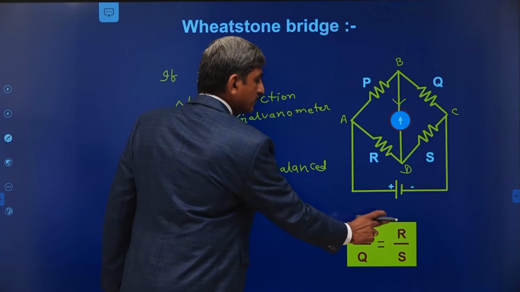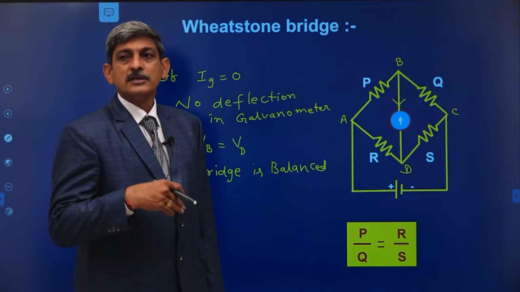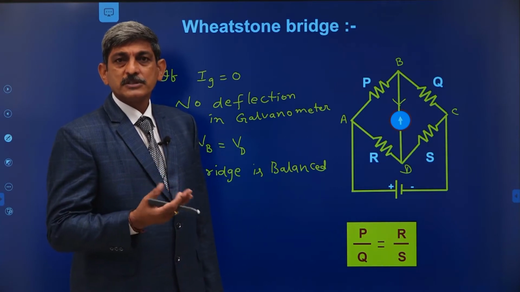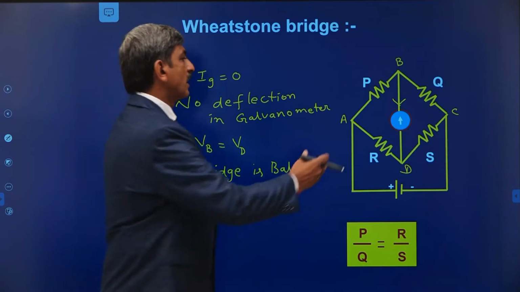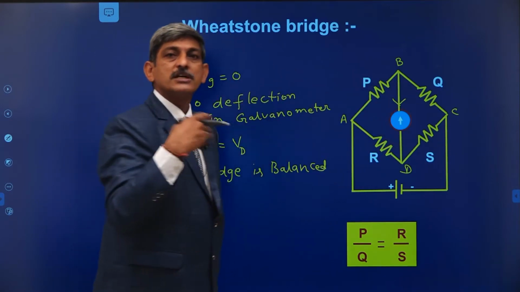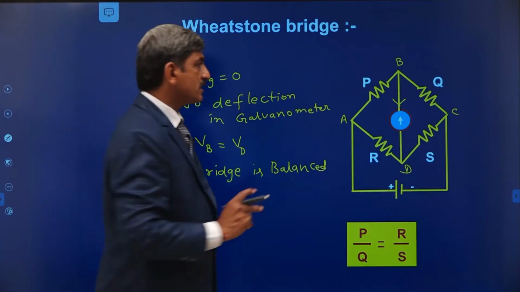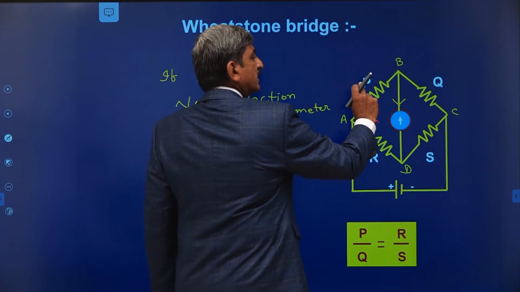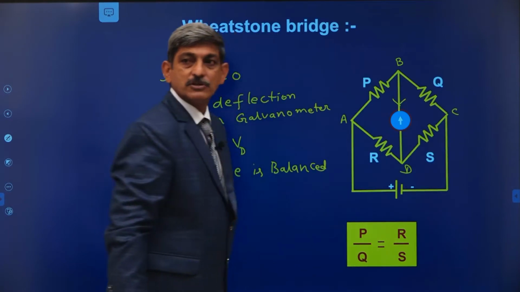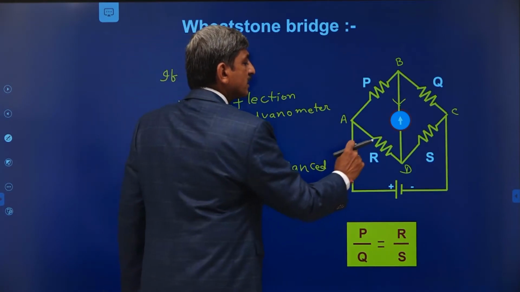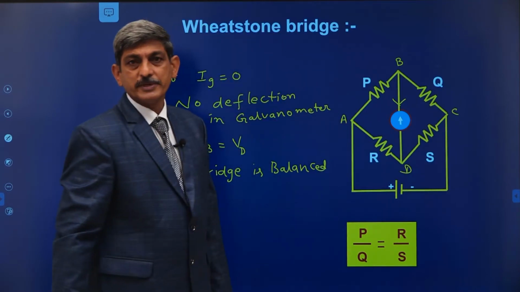Here P, Q, R, S are the resistance values used in the 4 arms. Sometimes in the problems, different notations may be given. R1, R2, R3, R4 values may be given, or the positions of P, Q, R, S may be chosen in different ways. So remember, under the balancing conditions, the ratio of the resistances in the left arm to the right arm in the upper side of the bridge is equal to the ratio of the resistances in the left arm to the right arm in the lower side of the Wheatstone bridge.